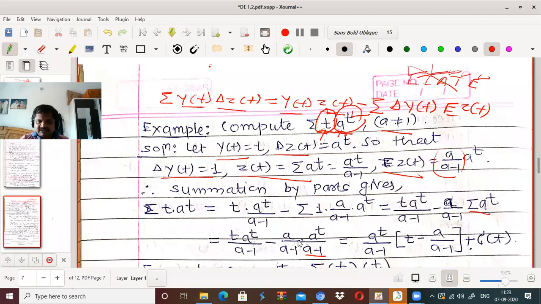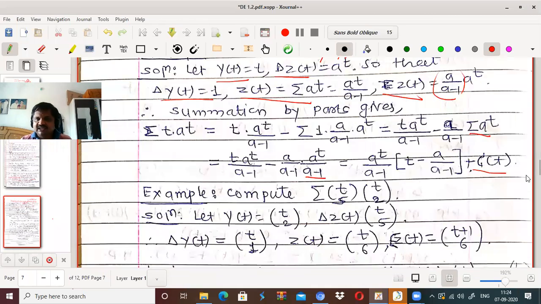Now in both of these two, a to the power t upon a minus 1 is common. So I will take a to the power t upon a minus 1 as common. We get t minus a upon a minus 1 plus c of t. We always write c of t. What is c of t? Where c of t is